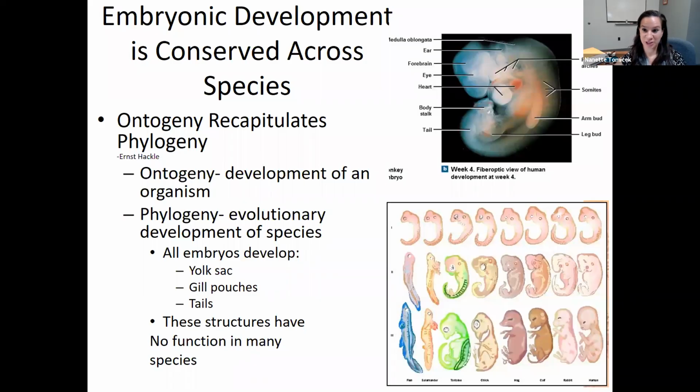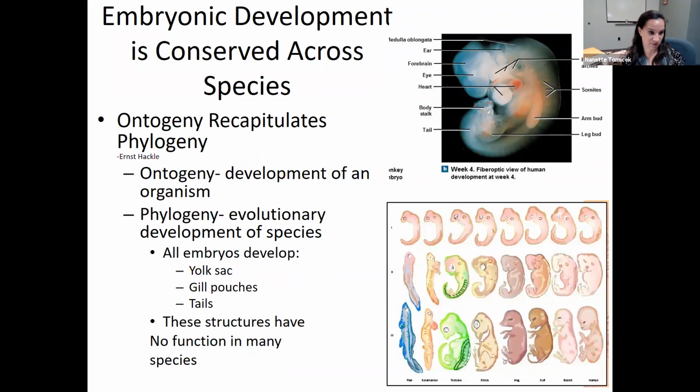Ontogeny recapitulates phylogeny. This is an incredibly famous saying among developmental biologists. It was coined by Ernst Haeckel, and you'll hear it over and over again if you take a developmental biology class, and we would be remiss if we didn't say it at least once whenever we're talking about a developing human. Now, we need to expand and back up from the developing human and talk about more species here,